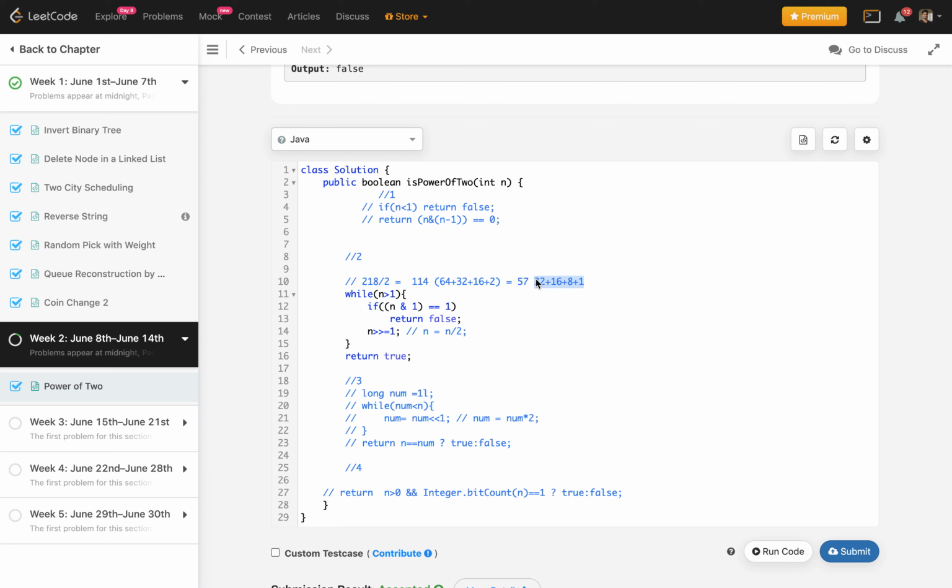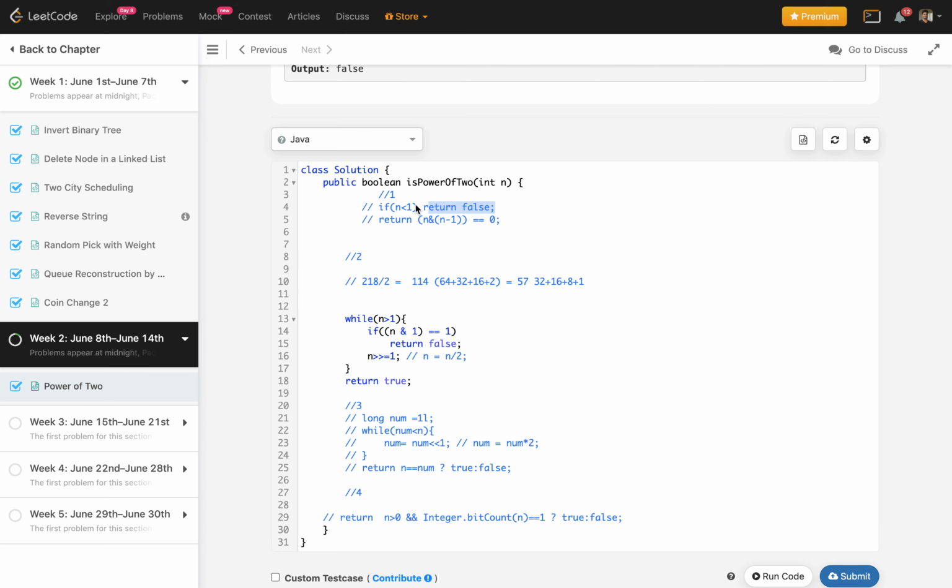So this 1 means when we do AND with n, it will return false. If a number is not a power of 2 and we are dividing it by 2 every time, there will be a case when the first bit is 1. So we are taking care of that situation, and based on that we are building this algorithm.